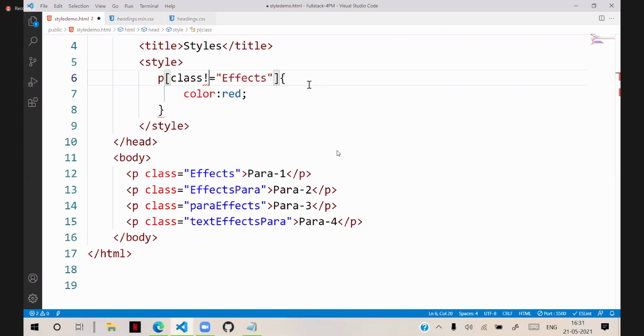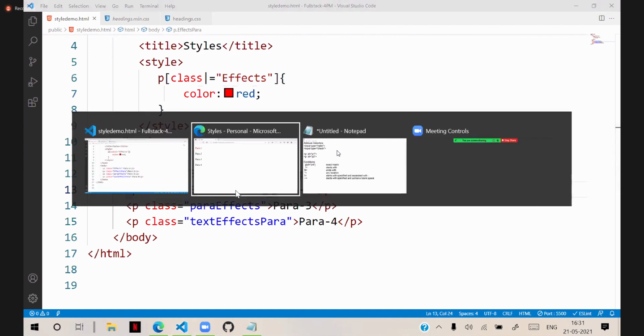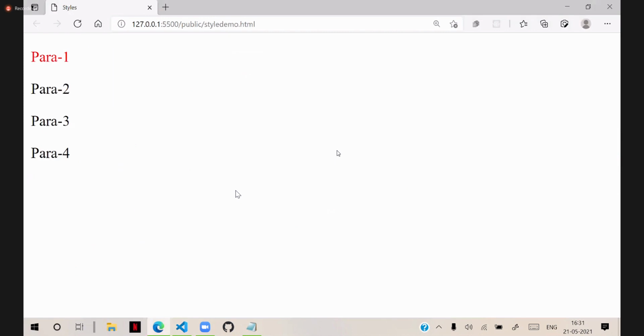Now, if I am configuring pipe equal, that is pipe equal, not exclamation. So this indicates starts with and having a hyphen. Initially you can see that it is going to apply only for the first one.